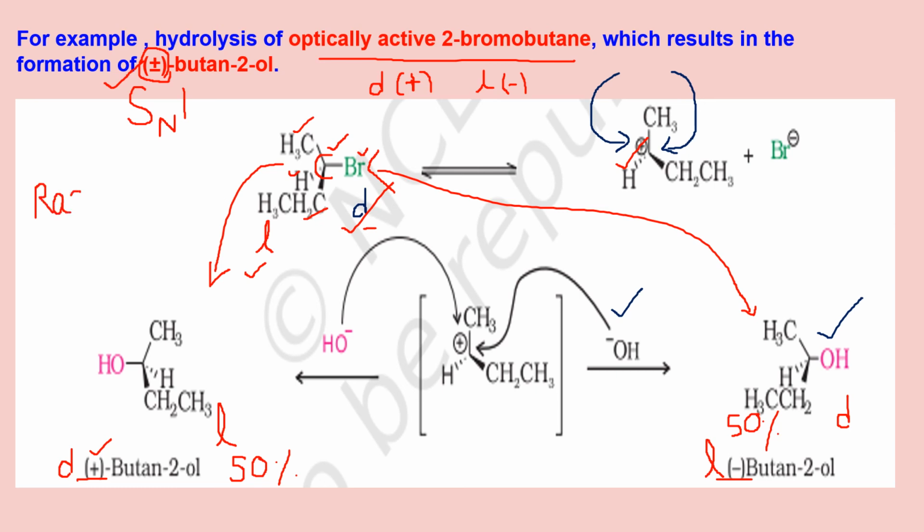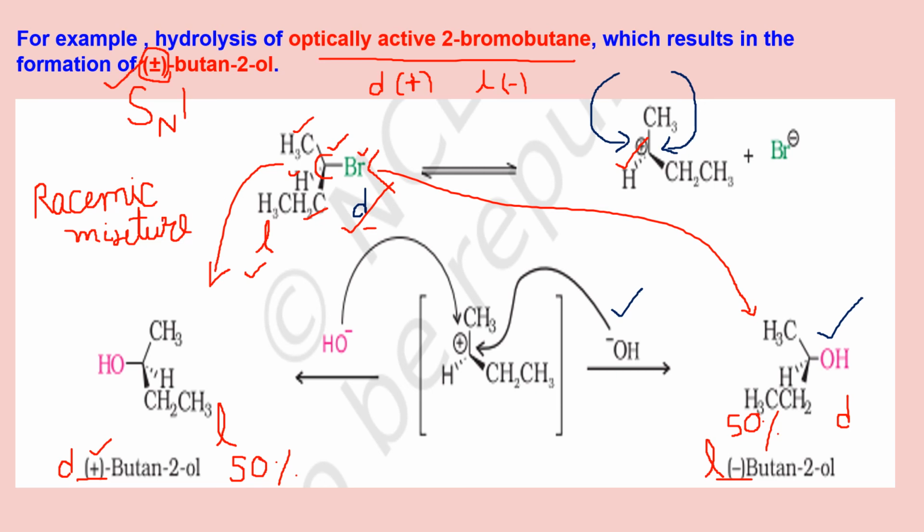Racemic mixture. Now it is a matter of chance that in a particular reaction you get exactly 50-50%. It may be slightly different from that, but I cannot call that a racemic mixture if it is not exactly 50-50%. Understand the difference. Whenever you have two opposite orientations 50-50% equally, we call it a racemic mixture that we obtain.